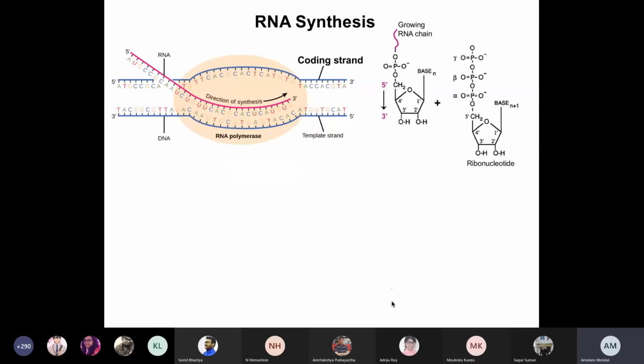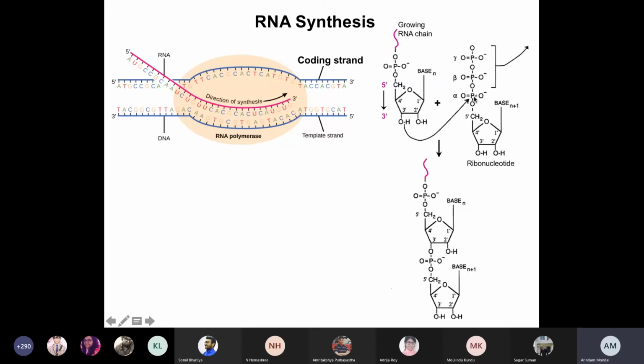Now, how does the RNA synthesis take place? It's the same as we have discussed about the DNA replication process. So, for example, this is an existing growing RNA chain. You have a phosphate, then a sugar and a base. And this is the incoming nucleotide, rNTP. Now this 3' OH can perform a nucleophilic attack on the alpha phosphate of the incoming rNTP. That will lead to the release of a diphosphate moiety and result in the formation of a phosphodiester linkage. In that way, the RNA will be synthesized.